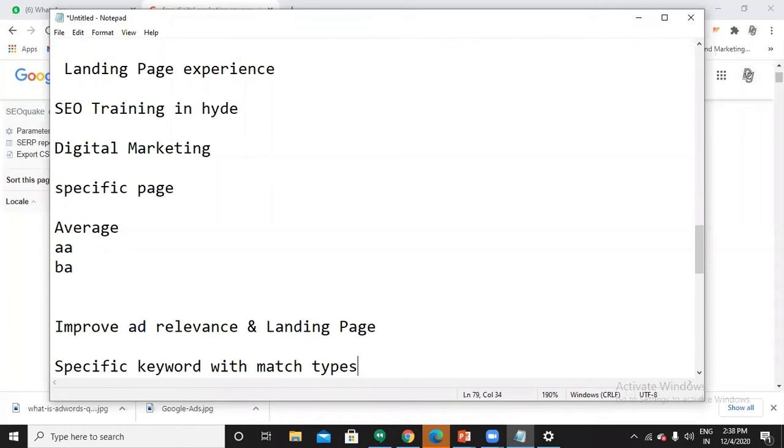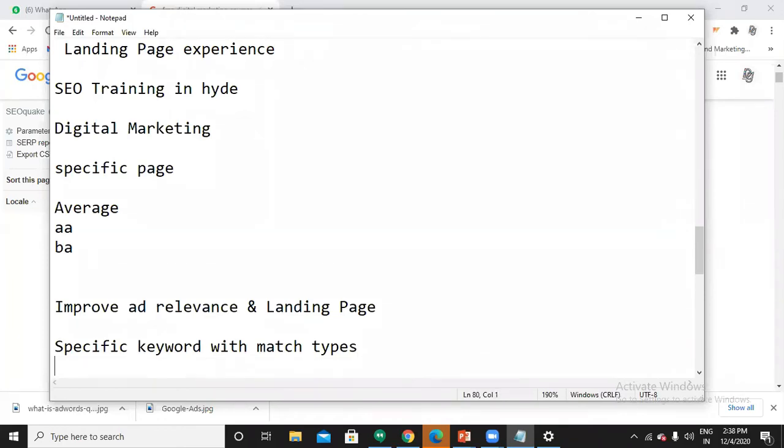So what is the point of showing an ad to an irrelevant customer? No use. That is the reason to use exact match. It works best for your business. So find out your specific keywords and add them as exact match. And next is adding negative keywords.